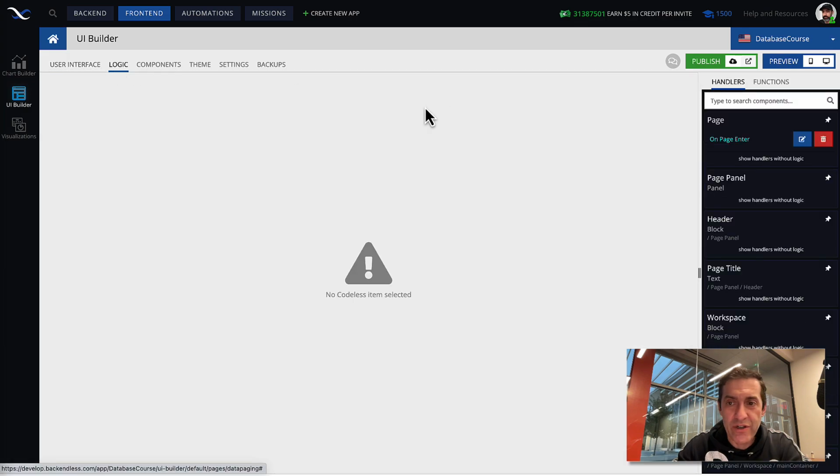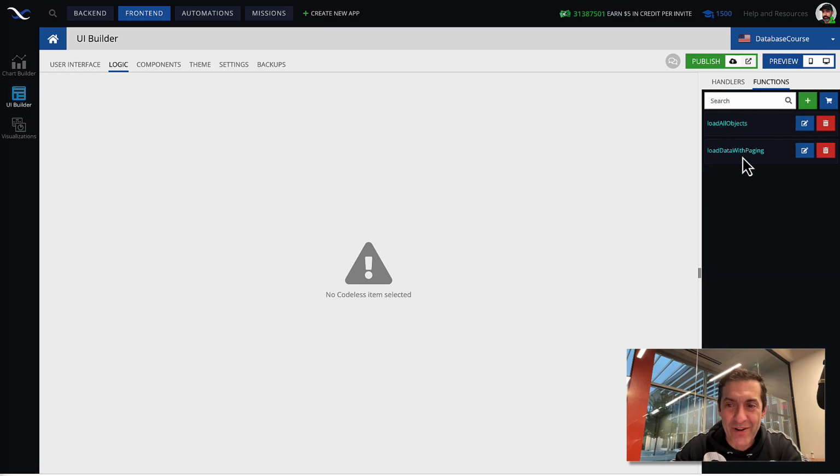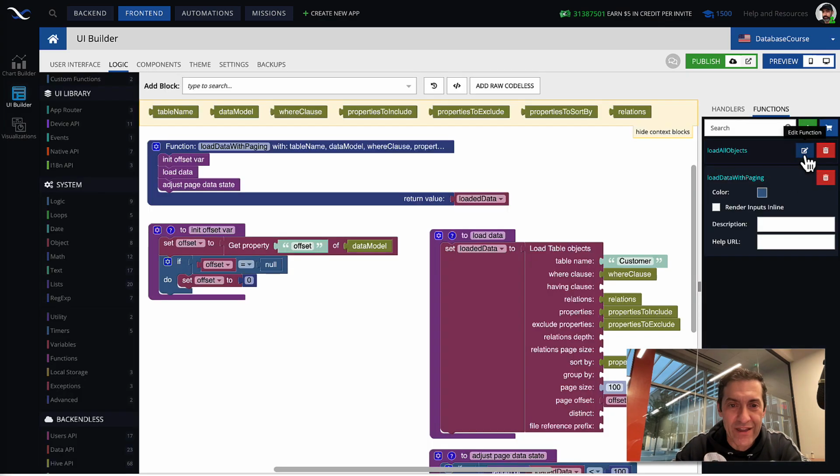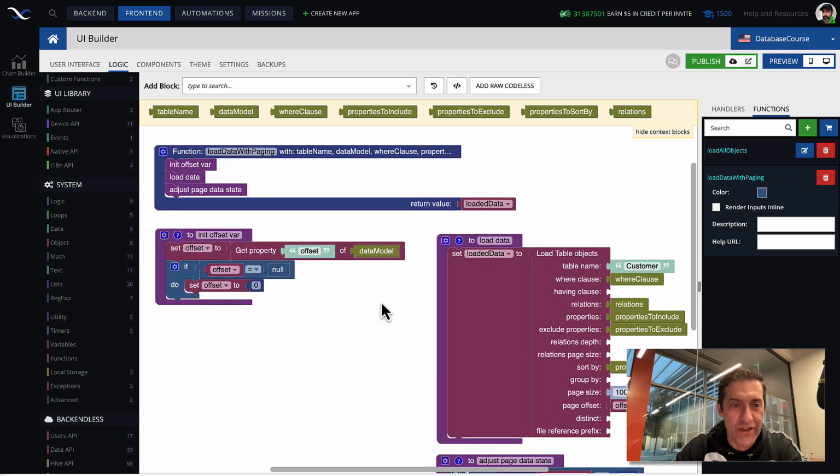In logic, well, you cannot switch to logic because you don't have it, but here this is my function, load data with paging, and let me show you the actual logic in here. So this is the function itself, and in here I'm using sub-functions just because it makes it easier to apply logic and becomes more granular. So there are three steps that I'm doing. First, I'm initializing the offset